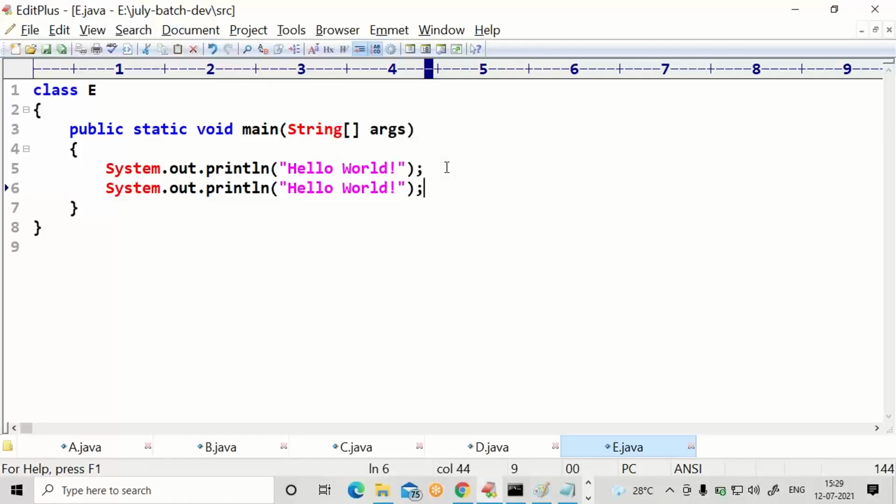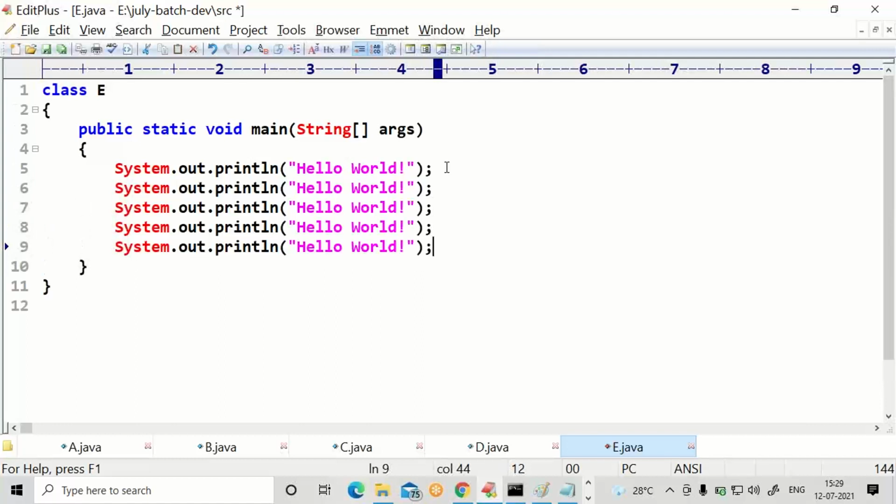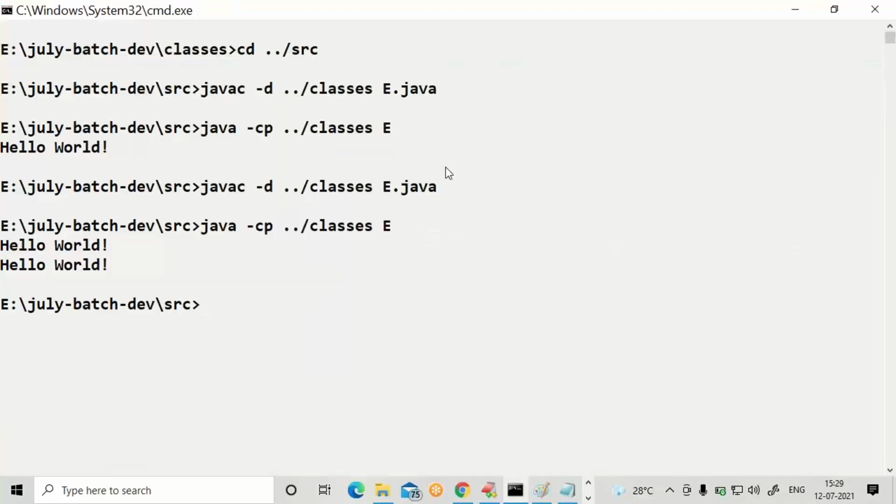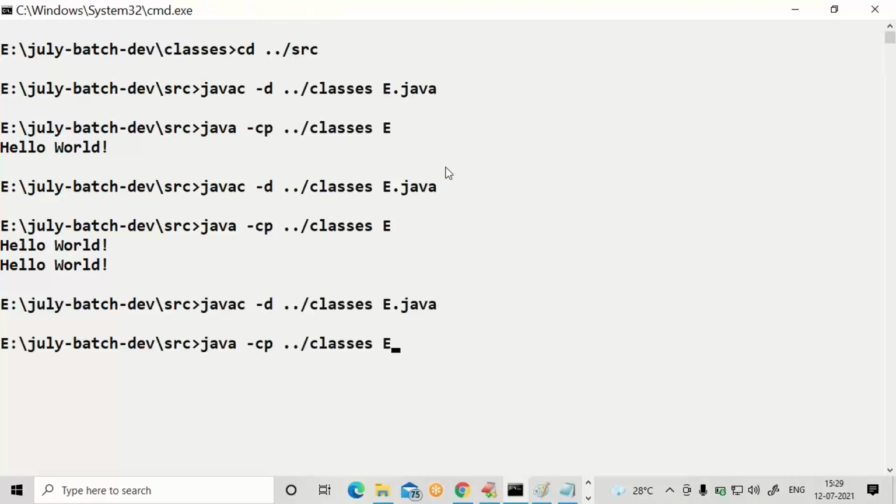No need of switching over from one place to another place. Control J, I modified. Control S, I saved. Then come to SRC. You are already in the SRC only. 2 times up arrow, 1 time down arrow.